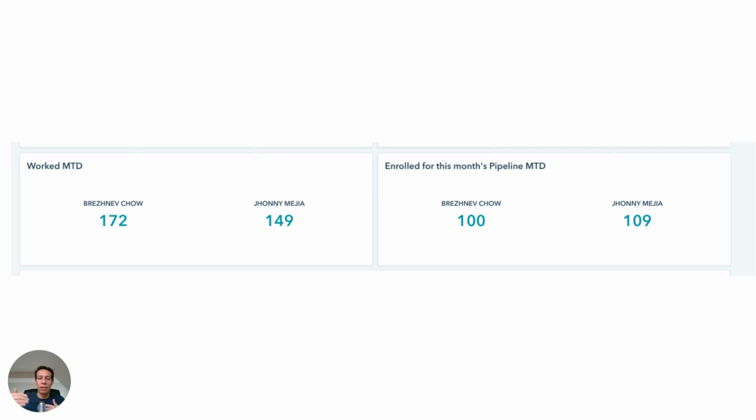And over the course of the month, they're calling these companies. These contacts are receiving emails through the sequence, right? There's some LinkedIn touches throughout, right? But you get to a certain point where you get to the end of the sequence, and some companies need to be put into recycling back into the CRM to touch base with them in the future. Some you connect with and you get the appointment. Some you connect with and they say no thanks, right? There are different outcomes, but you always want to have a high volume of companies that are enrolled, because